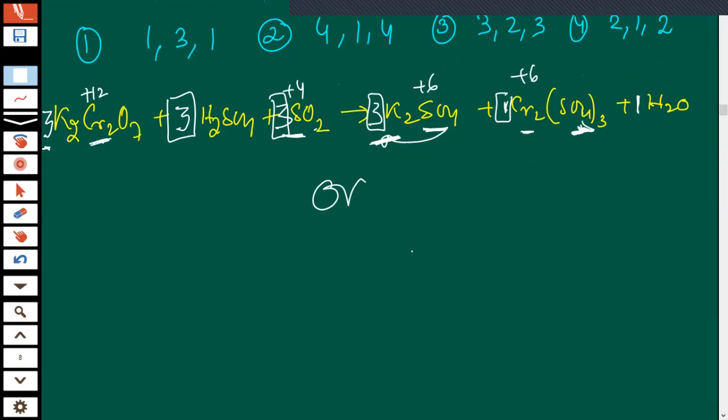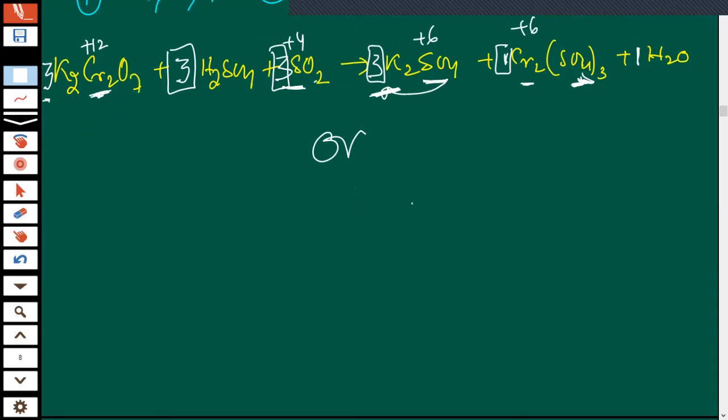Again, if we take this one, we have to disturb all chromium and everything, right? Chromium is not balanced. So when such type of things happen, just try to take their ionic form, Cr2